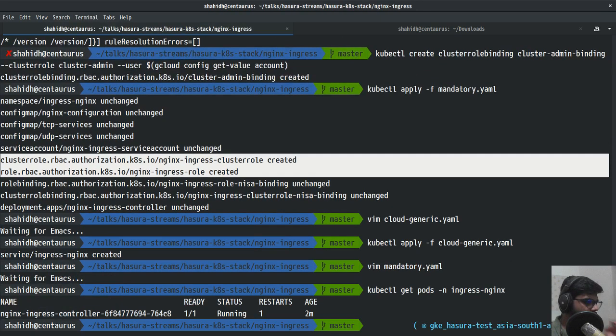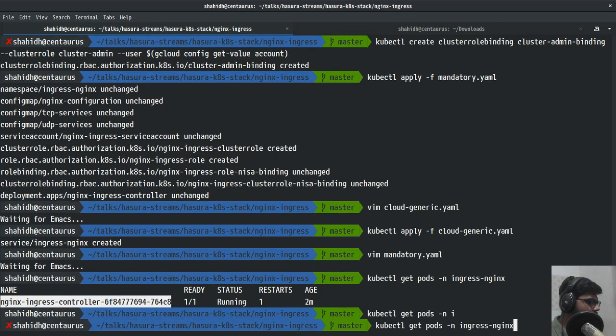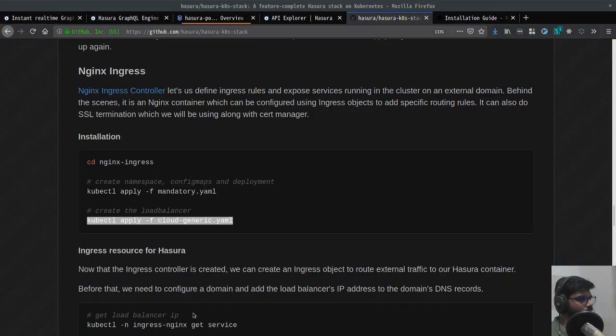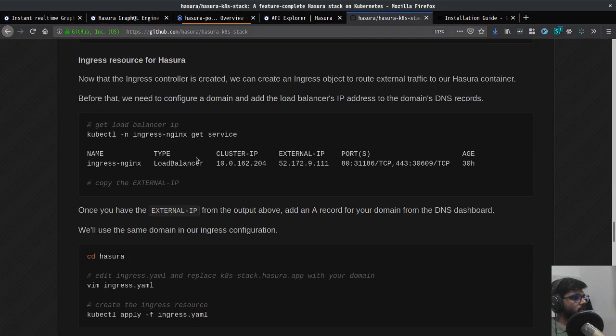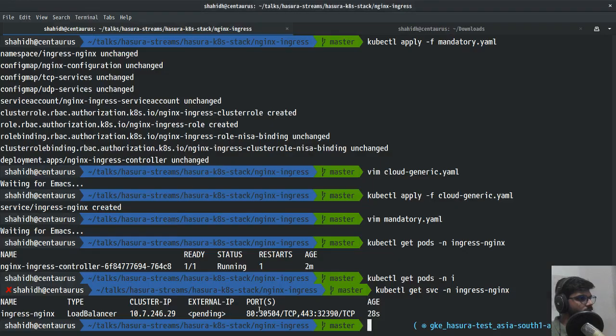ingress-nginx, we have one Nginx ingress controller running, and if you take a look at the services in this namespace, we have a load balancer. The external IP is pending though. So now that we have it ready, we'll just have to use the external IP, but while that is getting done, we can create the ingress